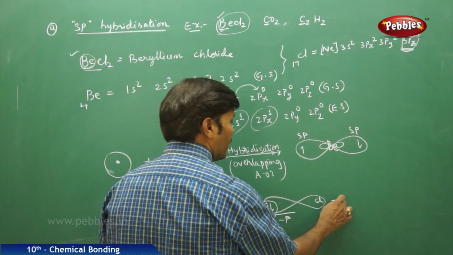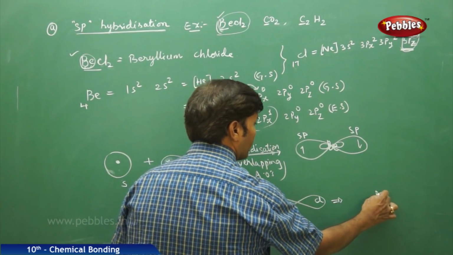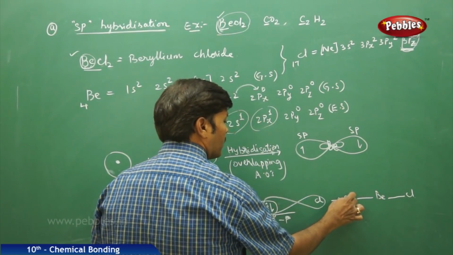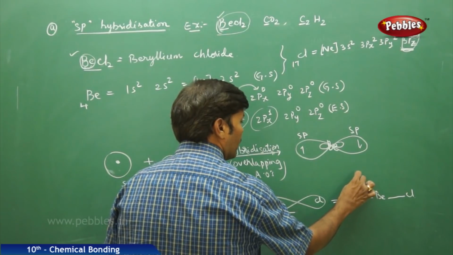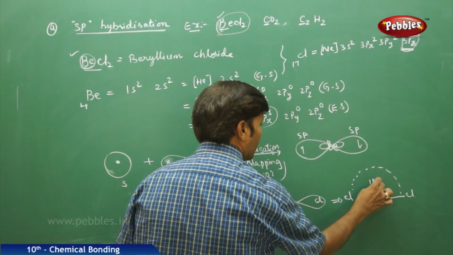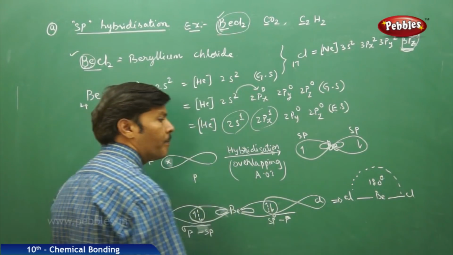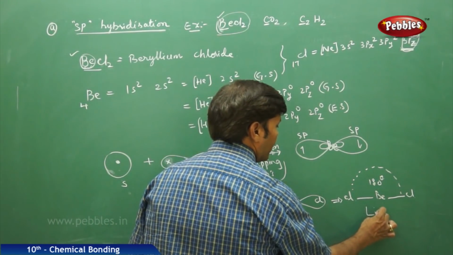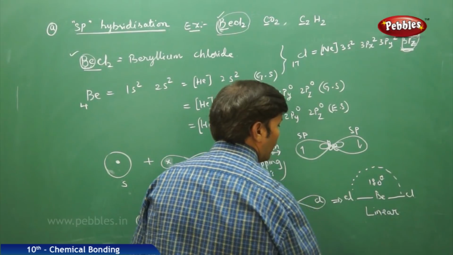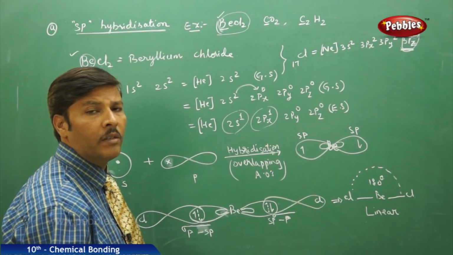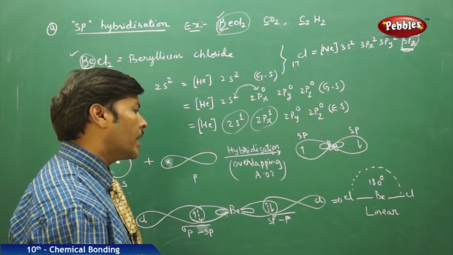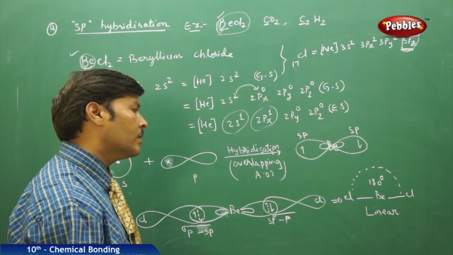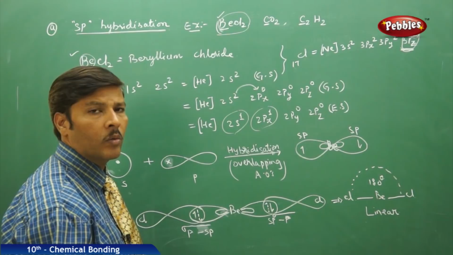So finally we can take the covalent bond structure as single bond, single bond. Therefore the bond angle is 180 degrees and the shape of the molecule is linear. All three atoms are lying in the same plane, with the bond angle between the two adjacent atoms with respect to the central atom beryllium being 180 degrees, and the beryllium undergoes sp